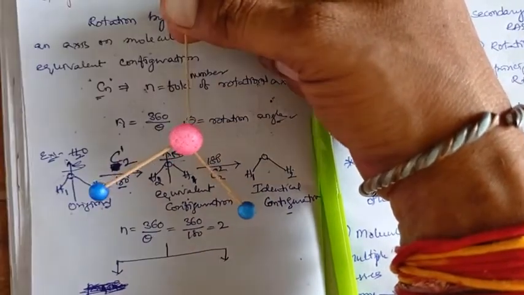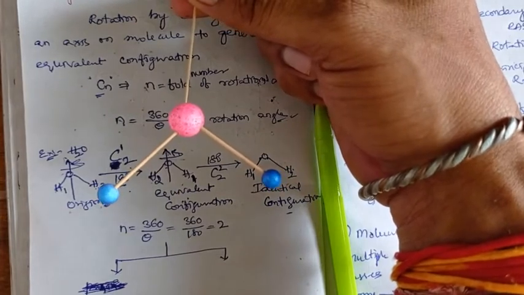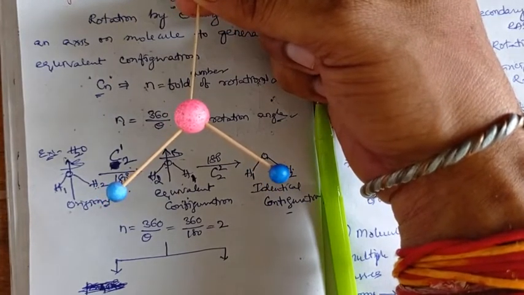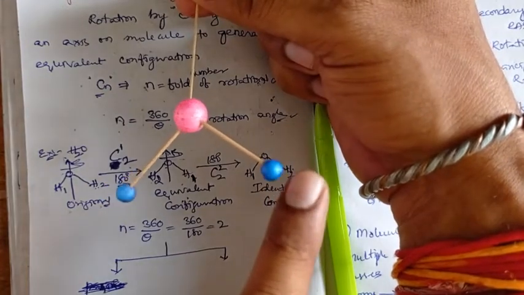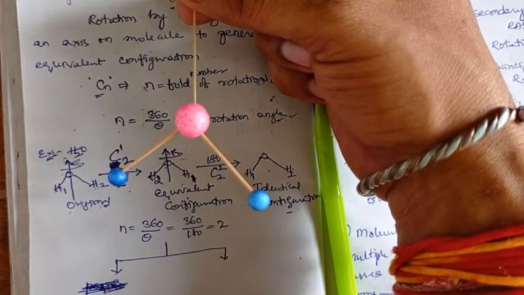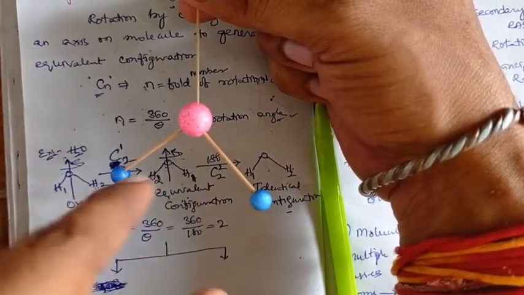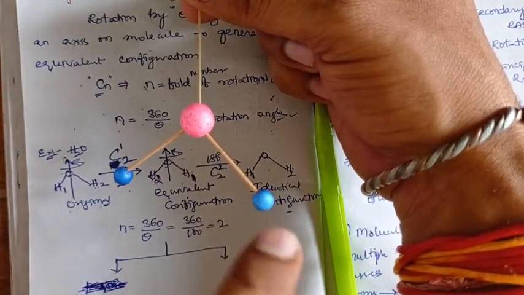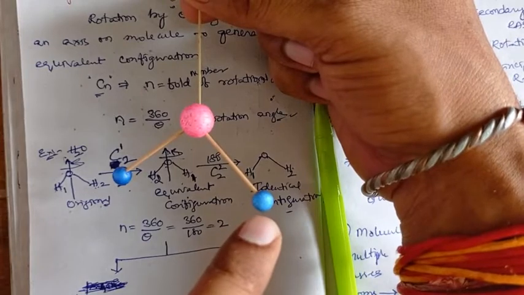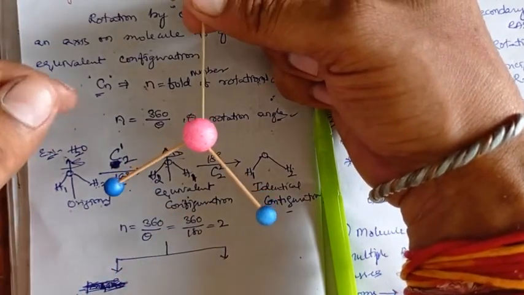Even more than 180 degrees of rotation never gives one, right? This is the simple original configuration. Doing 200 degrees of rotation, which means from here to here is 180 and more than 180 is this 200, this again is a non-equivalent configuration. It looks as though the similar atoms are exchanging, but here the hydrogen is above and this one is below, right? So again, this is not an equivalent configuration.